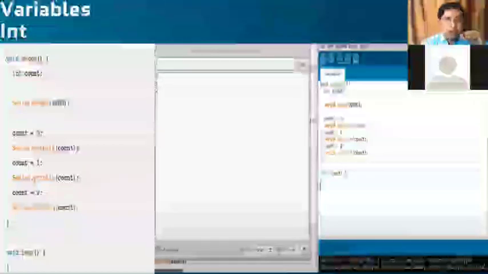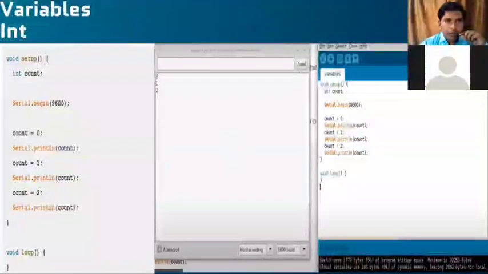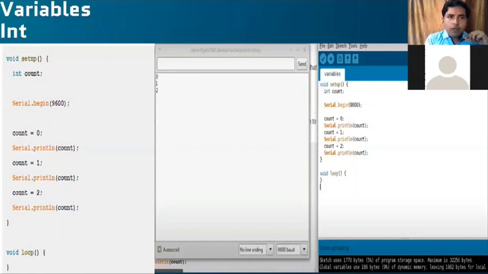Now I'll tell how to use variables, and from where we have to start. Suppose you are counting values 0, 1, 2, 3 like that, and you are using integer values. I hope you all know what an integer is, what a float value is, whole numbers, odd numbers, even numbers. Those basic things you have to understand before writing a program, because I cannot cover them in this session. I assumed you understood them before this session.